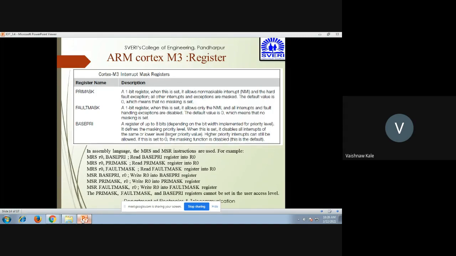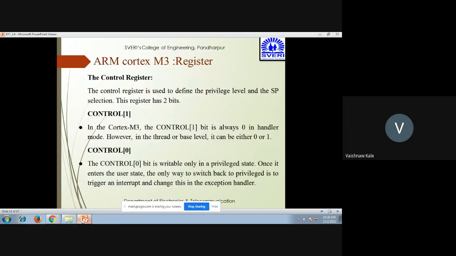This is for reading. Now for writing, MSR BASEPRI, R0 writes R0 to the base priority register, MSR PRIMASK, R0 writes R0 into the primary mask register, and MSR FAULTMASK, R0 writes R0 to the fault mask register. So we can say that the primary mask, fault mask, and base priority registers cannot be set at the user access level. Okay, so this is how they are.